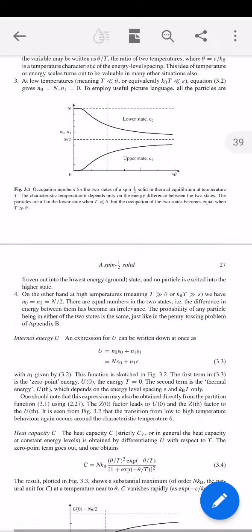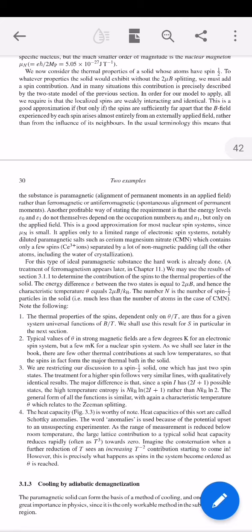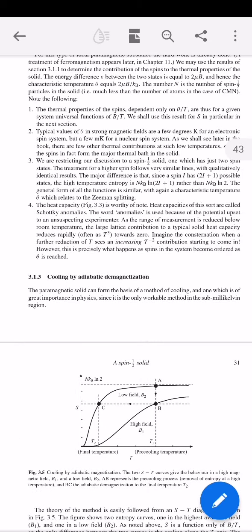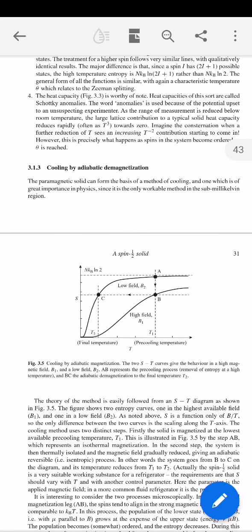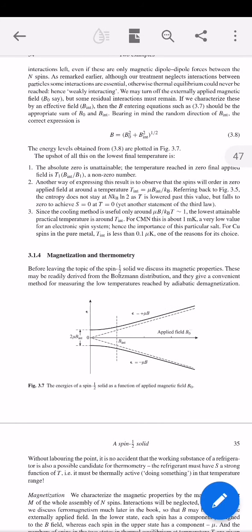There we go. That's good. So, a graph. Thermal properties of spin depend only on the angle divided by theta, temperature, and that's for a given system universal. So I like the efficient communicative strategies, which are very direct and to the point: adiabatic demagnetization. I like the direct style, without beating around the bush or repetitively explaining every single thing. So it's direct, to the point: magnetization, thermometry.